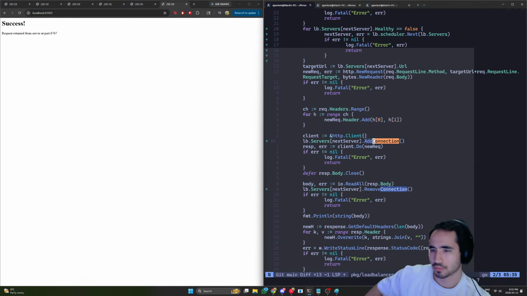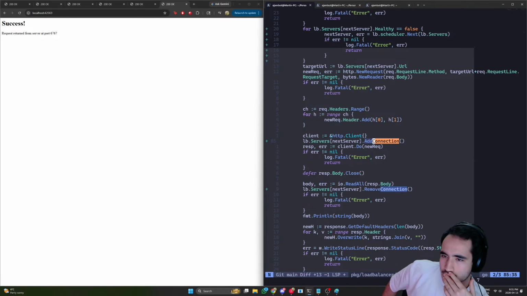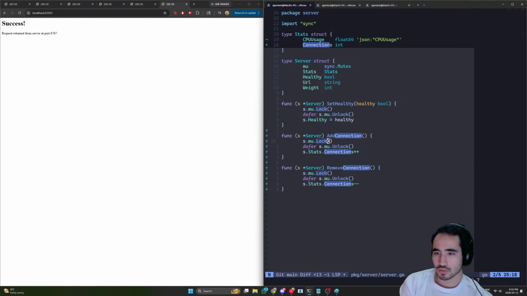Let's see our logic here. Or maybe you're not supposed to do it with a mutex. Maybe you're supposed to use like an atomic integer, and mutex don't work here, and my knowledge of concurrency just kind of sucks. That could be another thing, and that's why it's reaching the race condition. Because right here we're